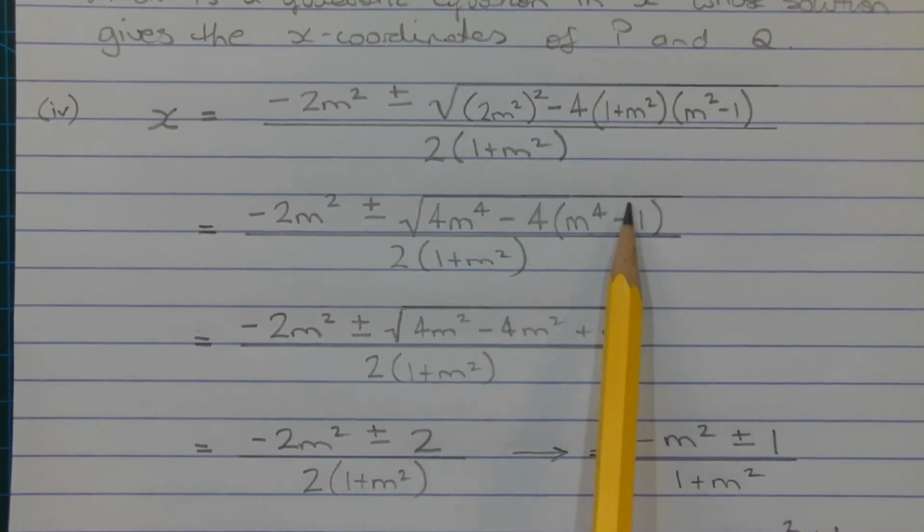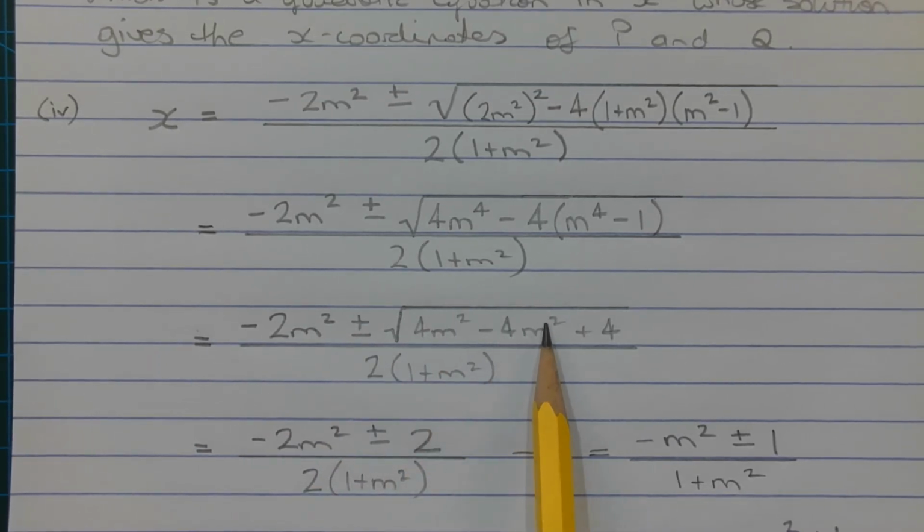So expanding the brackets here, we get x equals negative 2m squared plus or minus the square root of 4m to the power of 4 minus 4m to the power of 4 plus 4, all over 2 times (1 plus m squared). Now the 4m to the power of 4 minus 4m to the power of 4 cancels to 0, and we're left with the square root of 4. So x is equal to negative 2m squared plus or minus 2 all over 2 times (1 plus m squared). Dividing all terms by 2, we get x equals negative m squared plus or minus 1 all over